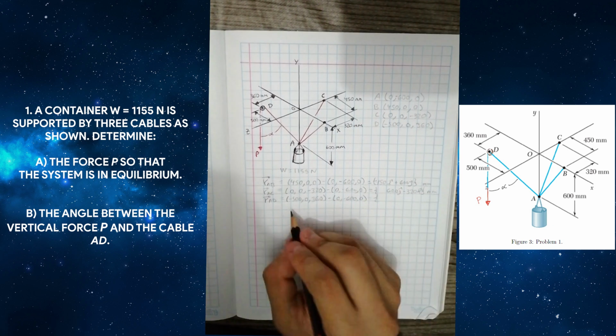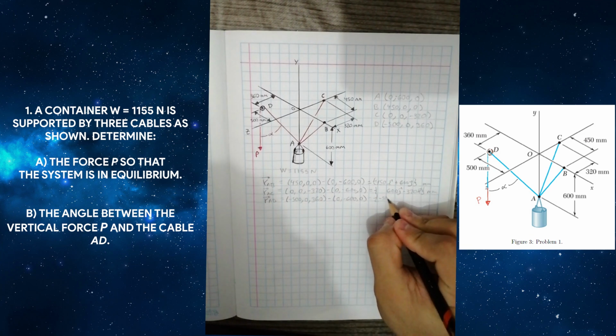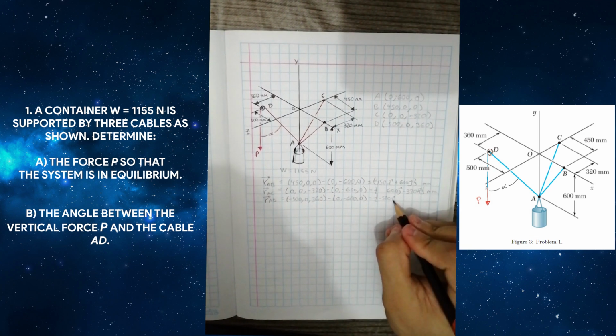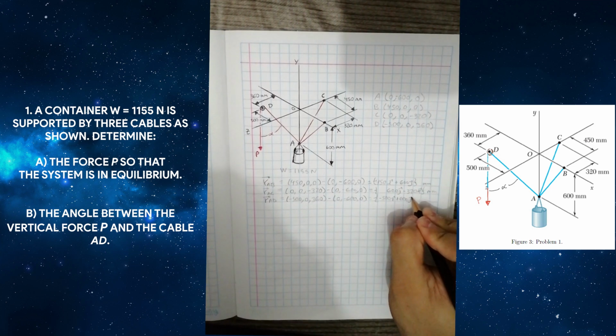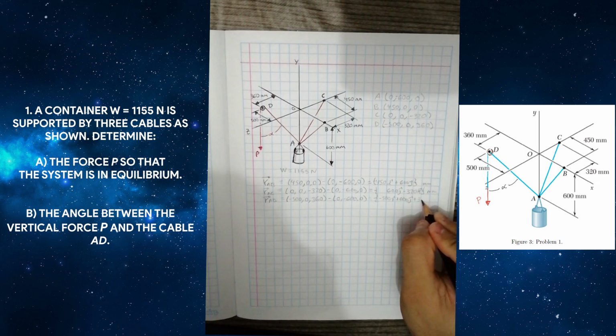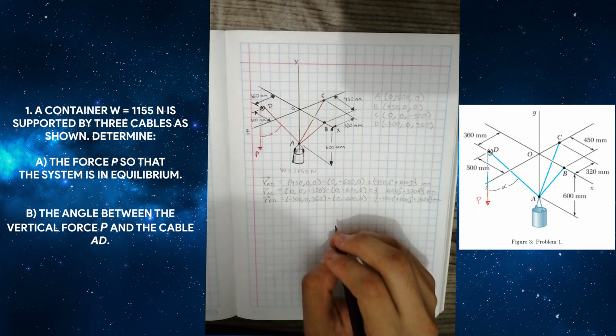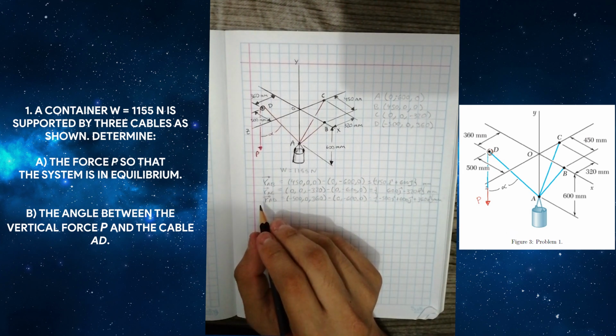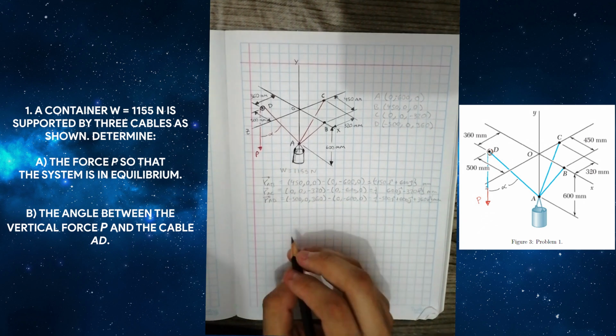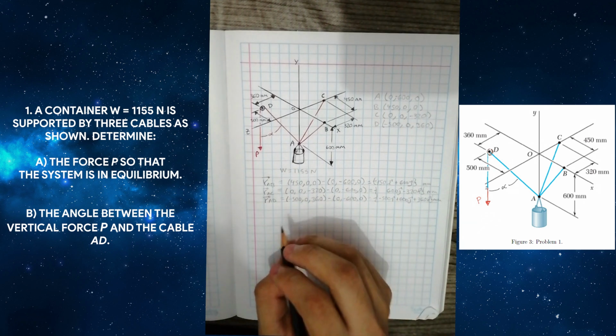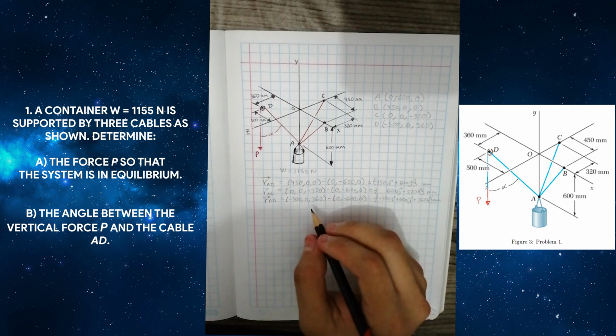And this is minus 500i plus 600j plus 360k millimeters. Well, once the position vectors have been found, the next step is to calculate